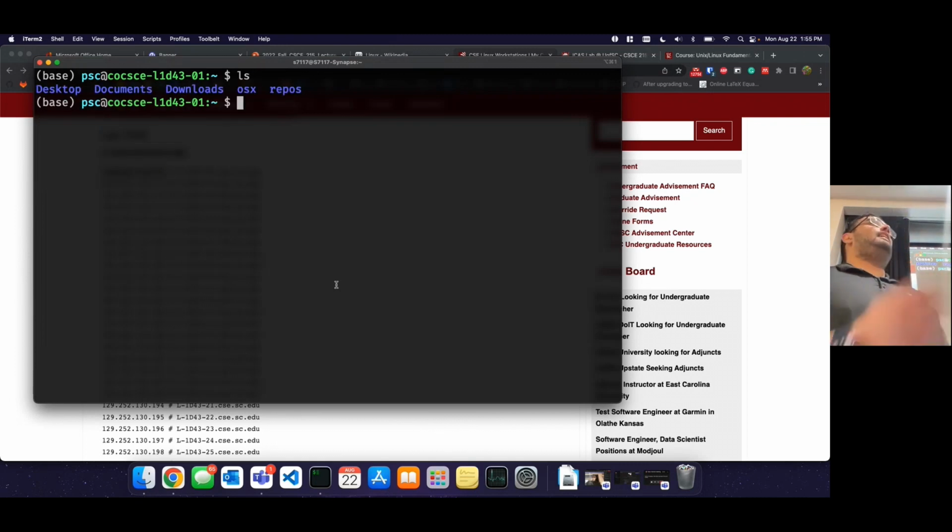All these commands have analogs in their GUI version. Like cd is like double clicking on a folder. ls is like opening File Explorer, right? Or Finder if you're on Mac. So all of these have analogs. We're learning how to do stuff with the keyboard instead of with the mouse at this point.